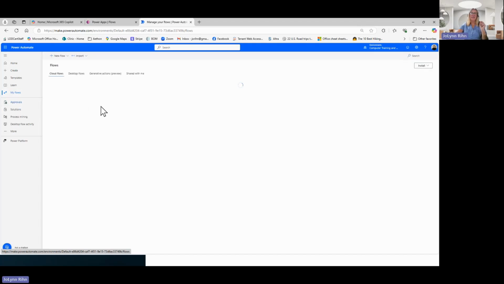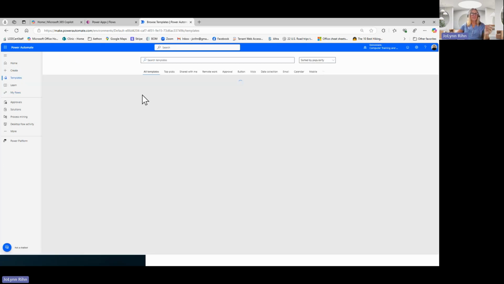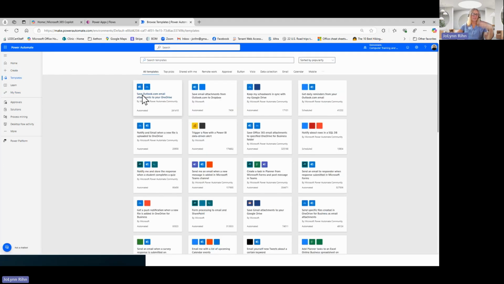Well, actually, I could go to a couple of different places. I'm going to go to New Flow, and there's a couple of places that I showed you already that we could get to New Flow. I went to the top of the right-hand side, top left of the right-hand side, I should say. And from the New Flow dropdown, I'm going to click Template. I could have also gone to the left-hand side and gone to another. There's a couple of other locations to get to this. But this is the place you will probably use the most. So this is where I'd like you to focus practicing.